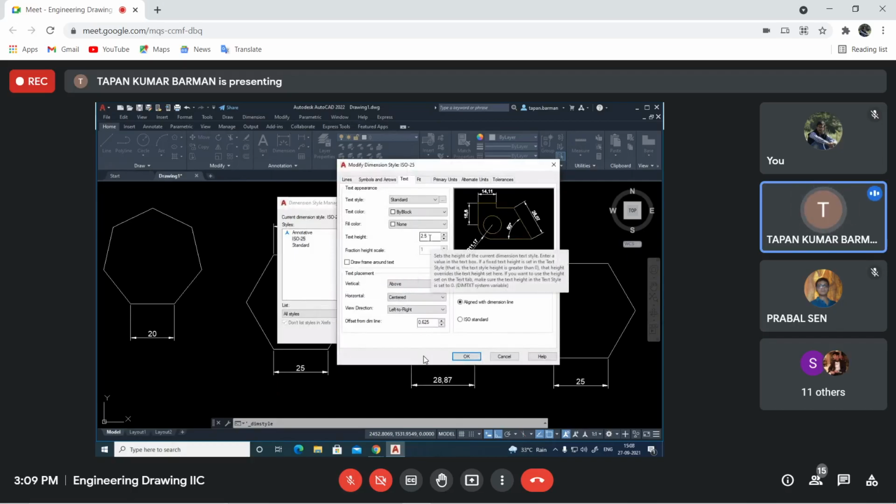Standard text height means, as per our Indian standard, we use 2.5, 3.5, 5, 7, 10, like these. These values are standard text height values. If you change the value and press OK, then automatically the text heights will be changed. For example, I am changing it to 7.